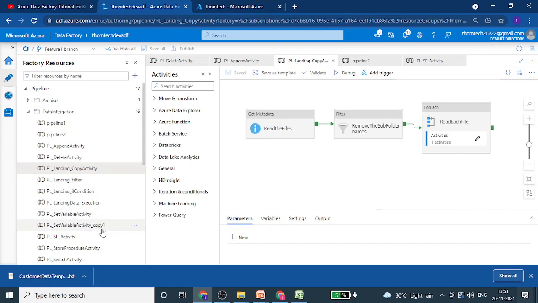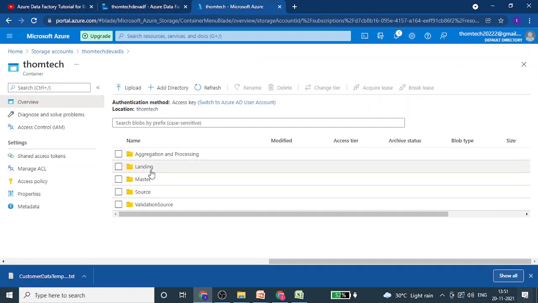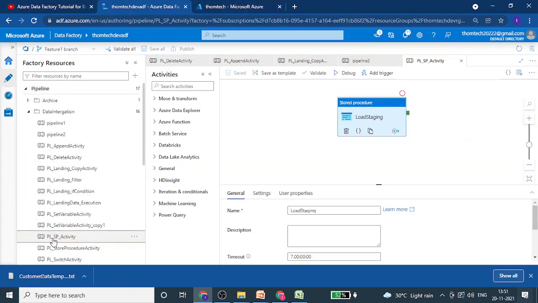And the second one, let's look for this activity, that is the SP activity. Let's assume that there might not be any proper link, but the first pipeline will move the file from source to landing. After that, the second pipeline, that is the SP activity, is going to call a stored procedure which is going to update a log in the SQL table.